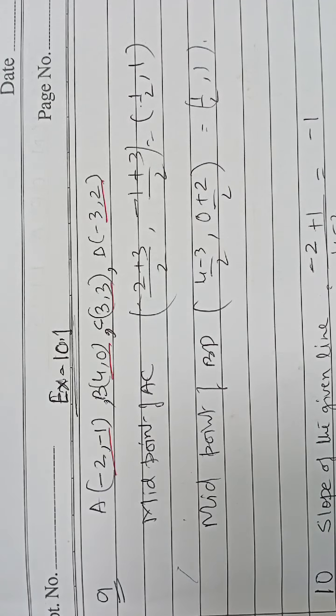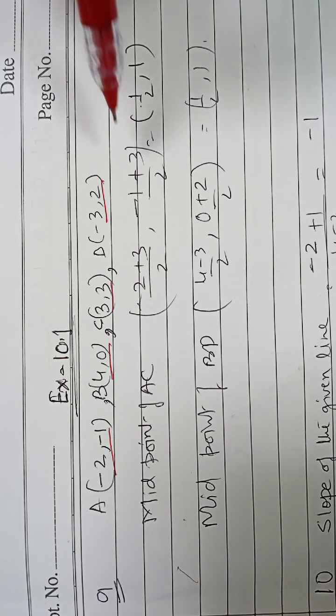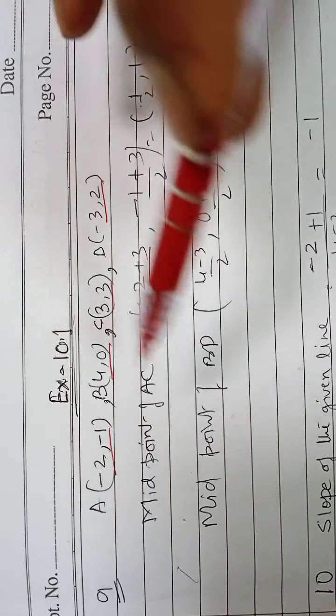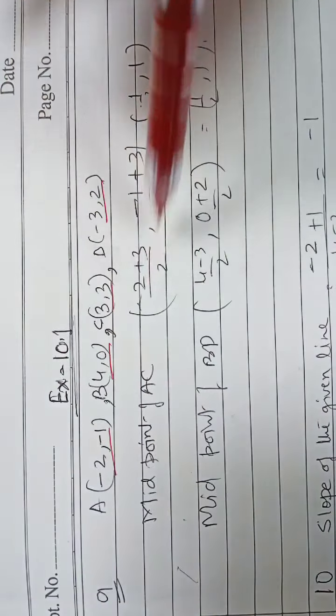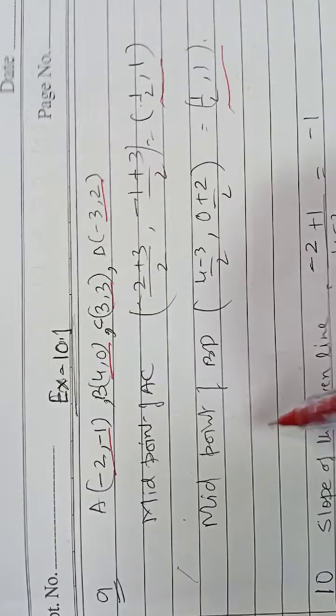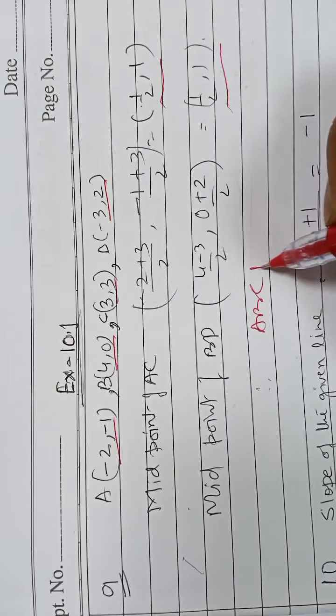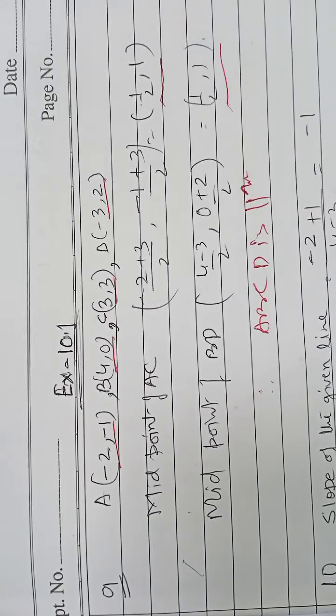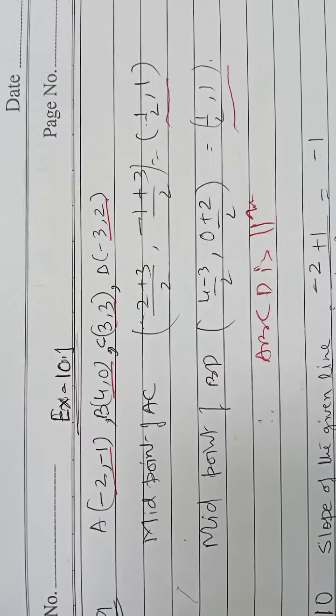Then we have a property of a parallelogram that the diagonals bisect each other. Okay, means the midpoint of one diagonal is equal to the midpoint of the other. So I find the midpoint of AC, coming this, and the midpoint of BD also coming this. So since they are equal, ABCD is a parallelogram, without using the distance formula. By slope also you can do, many methods are there. So this is one.